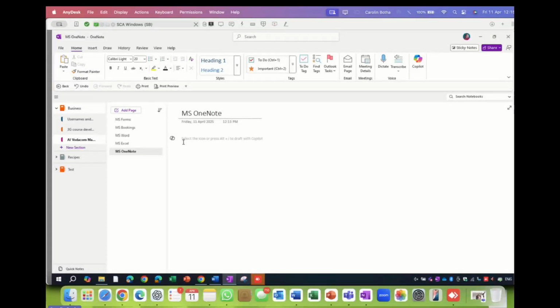But OneNote is saved in my OneDrive, my Microsoft OneDrive. OneNote is on my cell phone and it syncs automatically, so I can make a note wherever I go. So what will be a typical note that I want to make? I click in that space, and I'm just going to make a note for myself. As you can see, it's a small little sticky note.